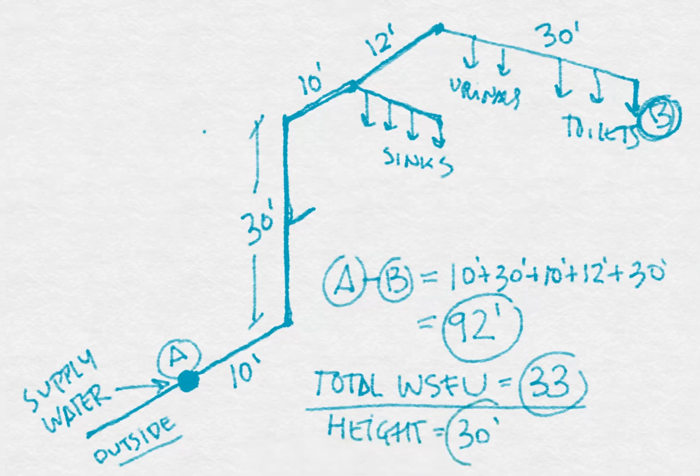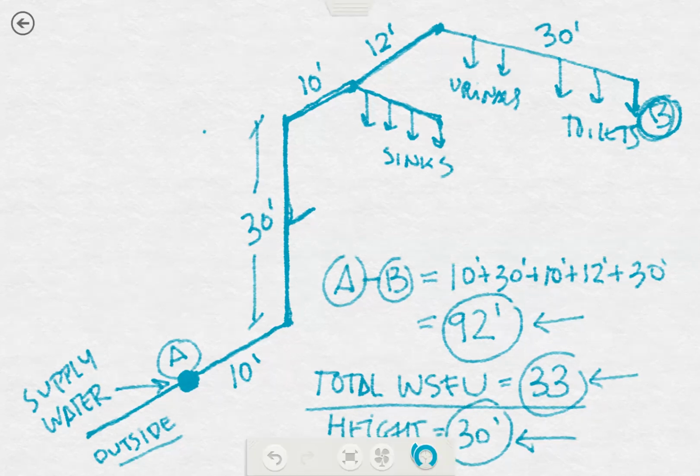So we need these three data to complete the exercise. We need the maximum length from the supply point to the farthest fixture. We need the height, so we have to go to the second floor, and this height is 30. And then we need the total water supply fixture units that we have in this layout. In this case, we have 33, adding the toilets, urinals, and sinks. So those are the three figures I need. And now